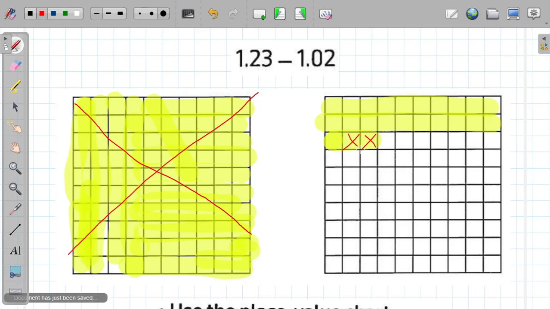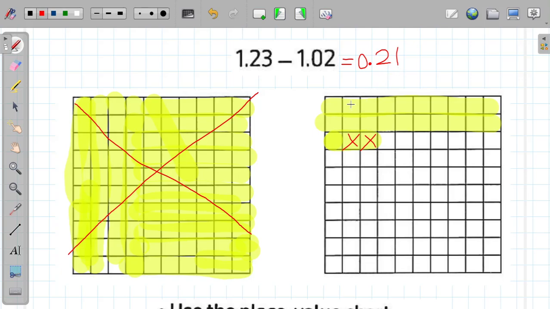Okay, so what is the remaining parts? I have 1, 2, 3, 4, 5, 6, 7, 8, 9, 10, 11, 12, 13, 14, 15, 16, 17, 18, 19, 20, 21. So the result will be here just 21 parts of 100, or 21 hundredths, or